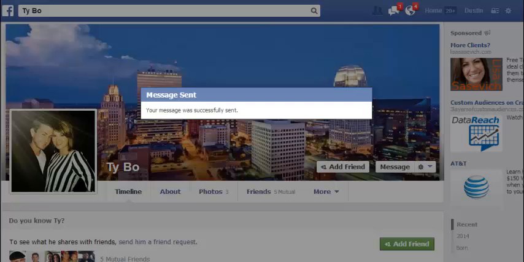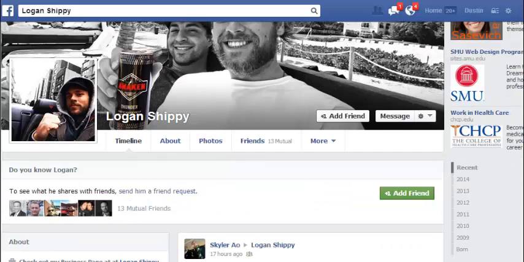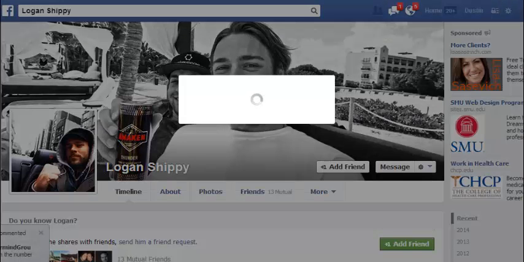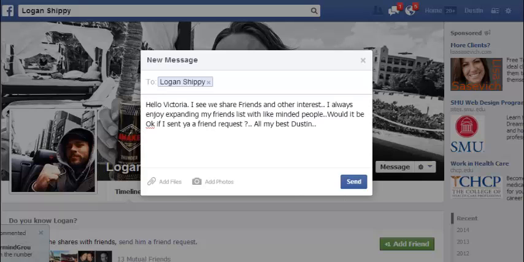And what I'm going to do is open up one of the other people that we picked out, if you remember. So we did that, and there's a person with Logan Shippey. I love it. I actually happen to work with the company he's with, but I'm going to send him one for the example just to get going. So we will message him right there. And remember, we have our message ready to go that everyone's getting. So I'm going to paste it there and put Logan's name here.